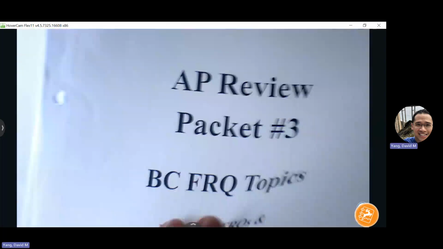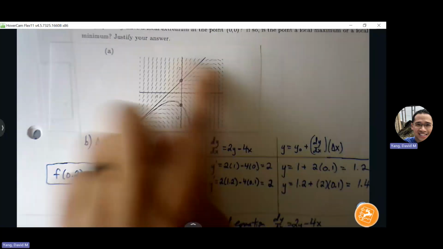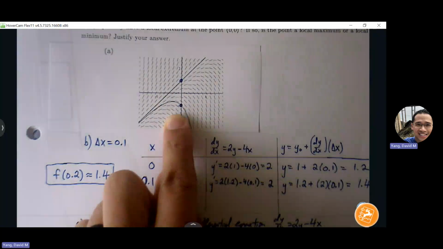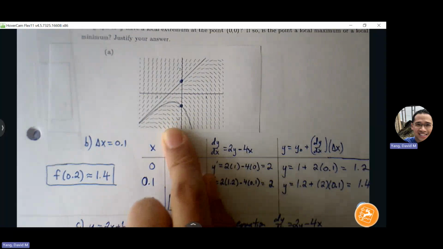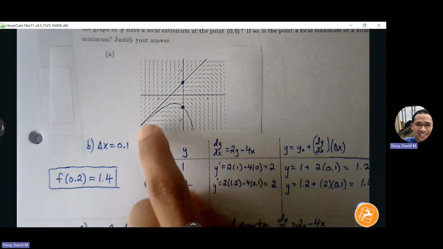Okay, let's see, page 12. Sorry, I forgot to put a blank copy of the slope field on your blank page, but